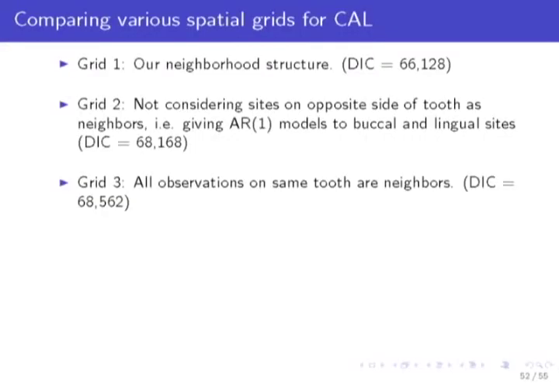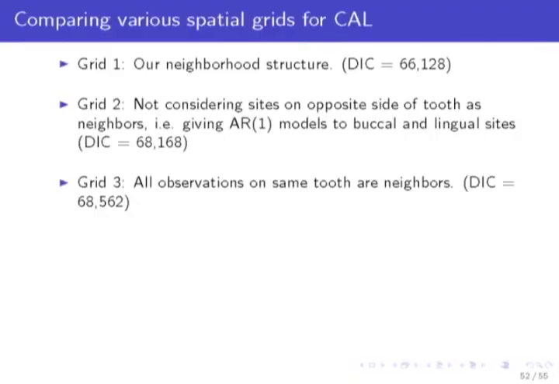Now one of the reviewers commented that you used one spatial structure, why don't you use some more? They asked for some easy comparison, like just try out something. So here I'm just presenting DIC values that I got fitting some different types of spatial structure. This is what I got from the neighborhood structure that I used. Now I consider a simple autoregressive structure, where I'm considering the three sites on one particular side,